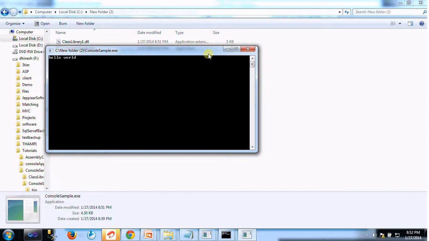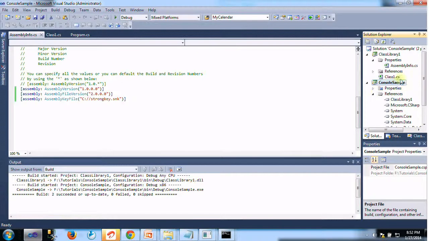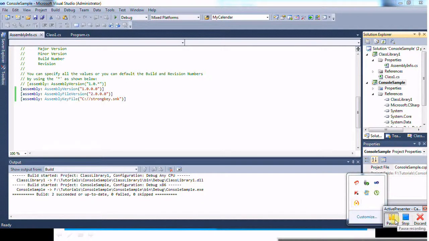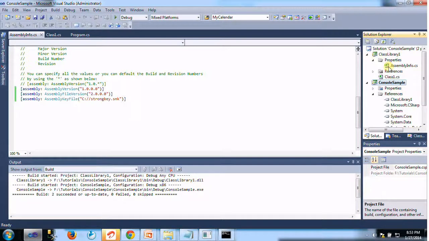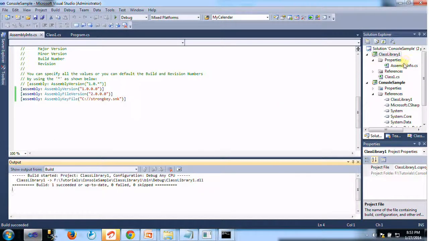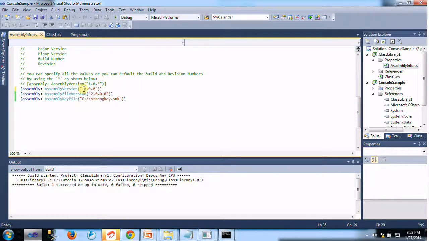but it is not what we are expecting, so let's quickly change this. Here in our console application, I want to pause. Let's find here, build our class library, which has 2 versions. Here is the version 2.0.